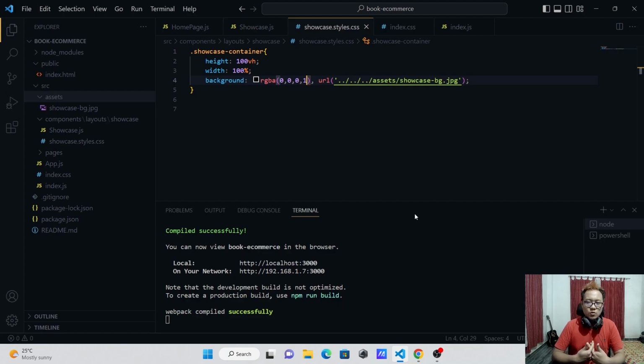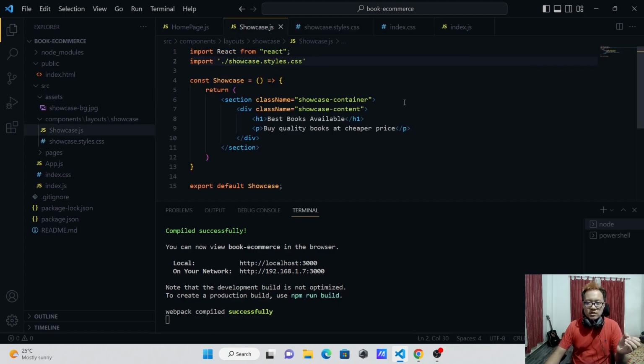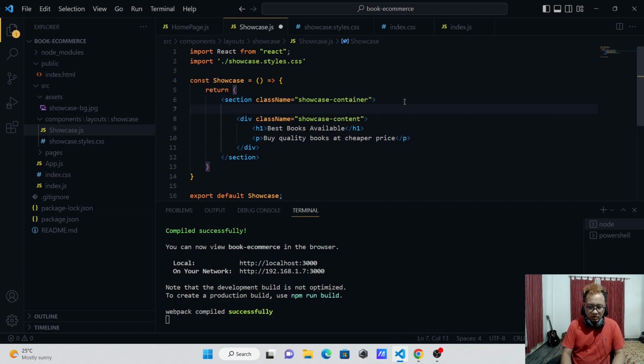Okay, since none of this is working, I don't know, it might have worked, but for me currently it's not working. So what I'm going to do is create an overlay div inside this showcase section. So below this showcase container I'm going to create a div tag of class name